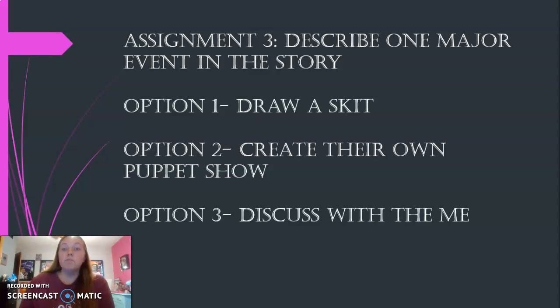So for assignment 3, they would describe one major event from the story. So option 1, they could draw out a skit, so they could make their own skit if they want to, just something that happened in the book, and then they could show me the skit and explain it to me. So then for option 2, they could create their own puppet show. So they could use some of the puppets and then do a puppet show of one of the major events